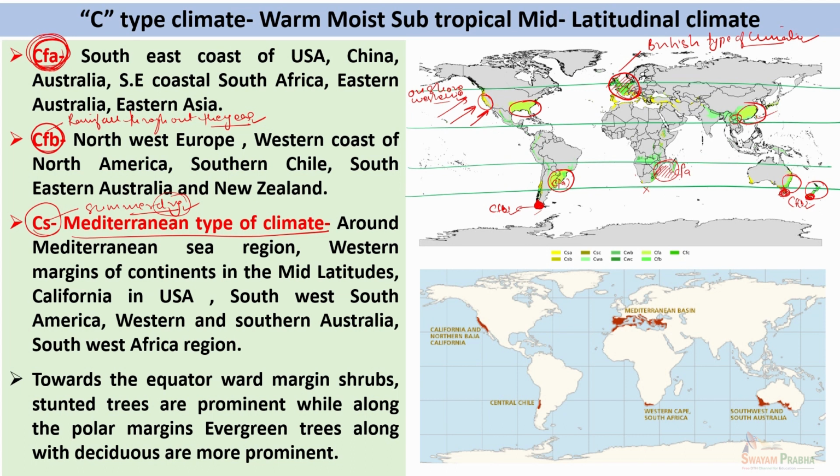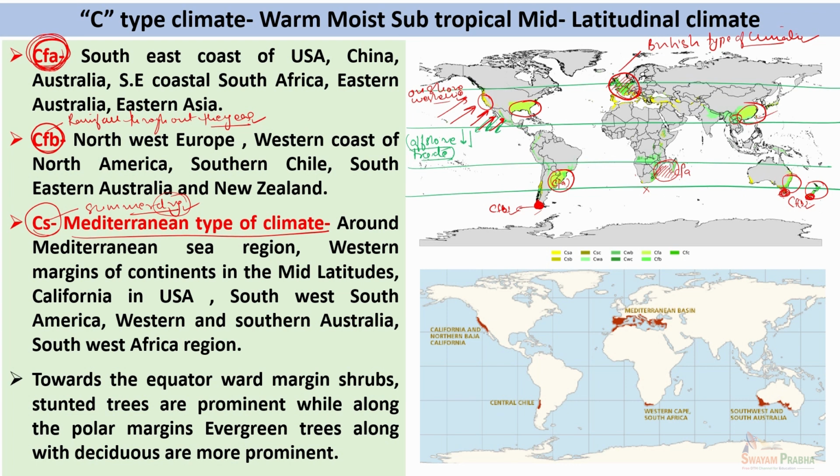As we've already discussed, because these areas represent transition zones which develop due to the shifting of pressure belts, while throughout the year these regions have offshore trade winds, particularly during the summer season, but because of shifting of pressure belts, during the winter season, these areas come under the onshore westerlies